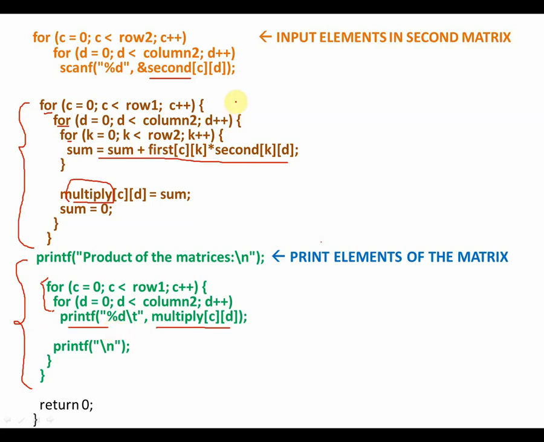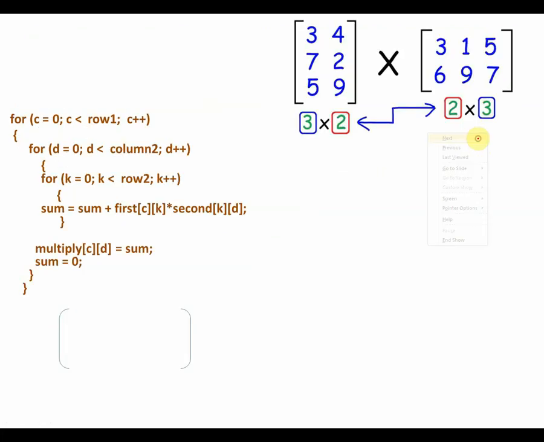Let's go further to see what exactly happens over here in this code. In this part, exactly how the matrix multiplication happens. Now I have just written down that part over here, as you see, once again, so that it becomes easier for you to relate with. Let's take this example, which I asked you all to actually solve in the previous slide.